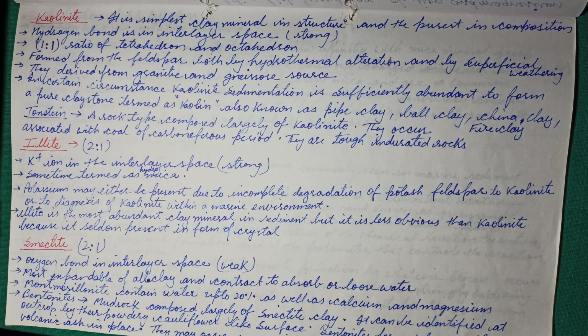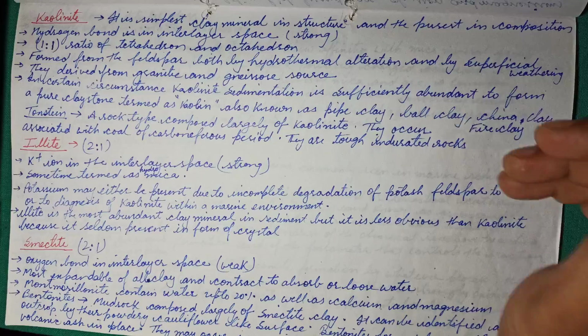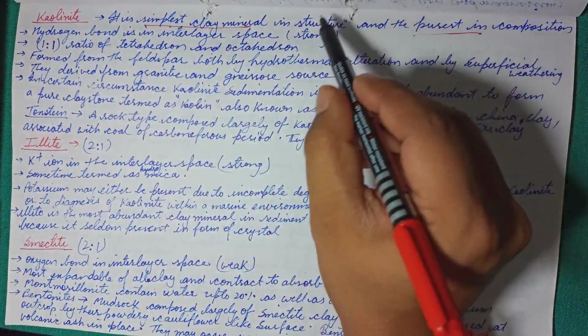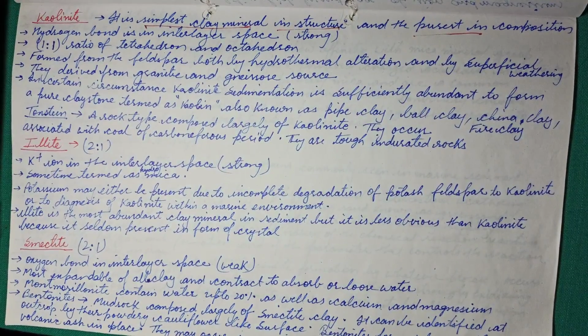So what actually is kaolinite? It's the simplest clay mineral in structure. All of them are clay minerals, but the simplest structure is exhibited by kaolinite, and it is the purest in composition. These things need to be remembered: they are purest in composition and the simplest clay mineral in structure. And the interlayer space, I have told you earlier, must have something in it